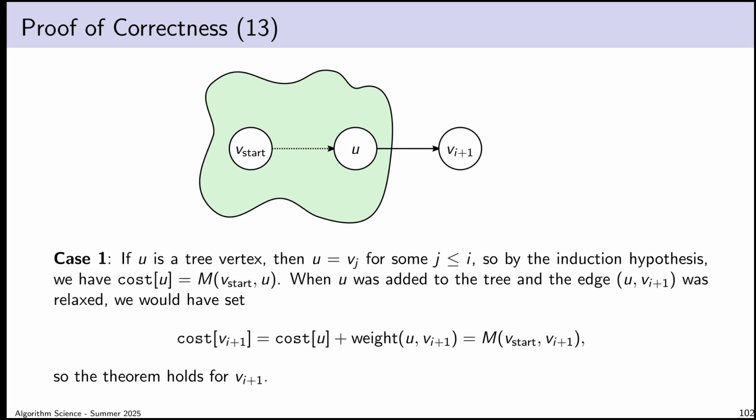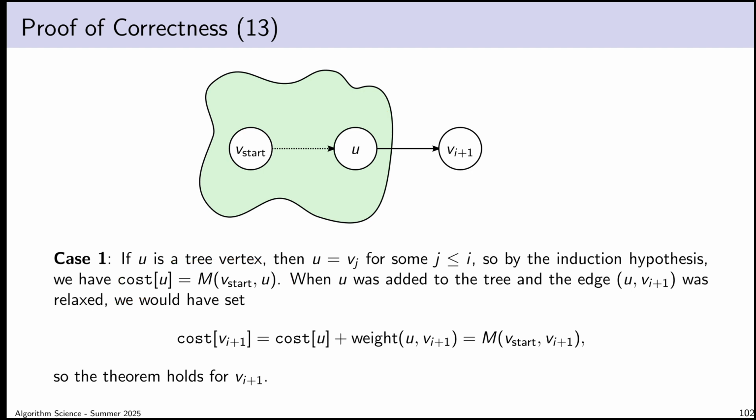Okay, so case 1 is the case where u is a vertex in the tree. If u is in the tree, then I already added vertex u to the tree, obviously. And because it's already in the tree, I must have done so at some previous iteration. In other words, u is equal to vertex v_j for some earlier iteration j. So remember that our hypothesis applies to every iteration up to and including iteration i. So if u is already in the tree, then that means that it was added to the tree up to and including at iteration i. By the induction hypothesis, I know that every vertex added to the tree up to and including at iteration i had this property. And therefore, I know that this property applies to vertex u.